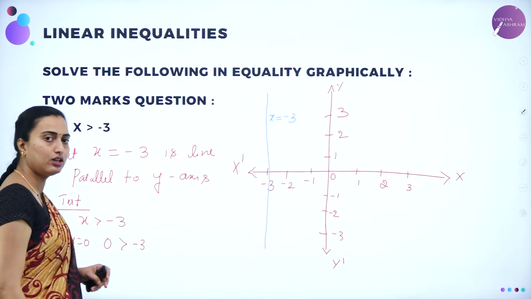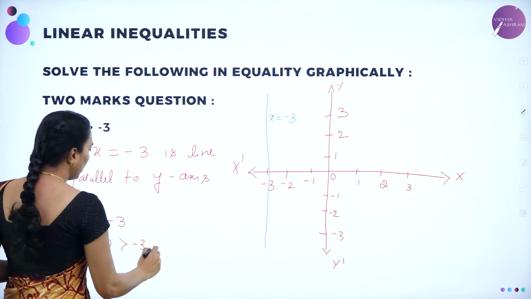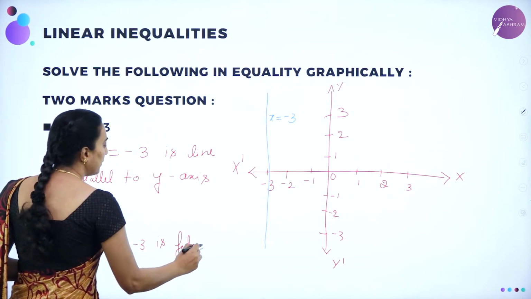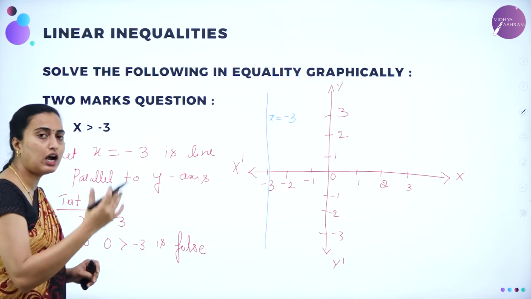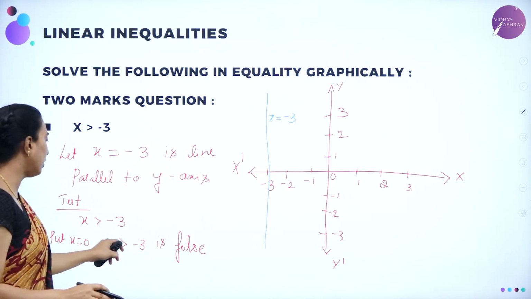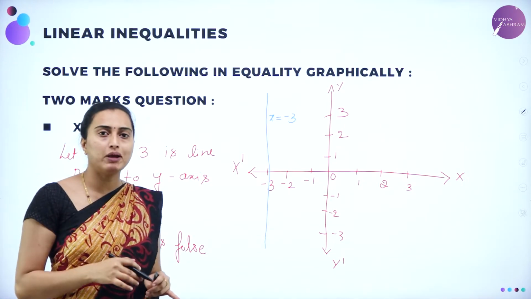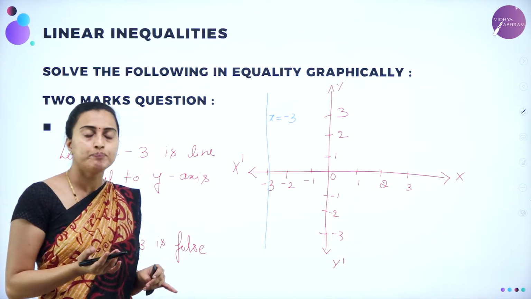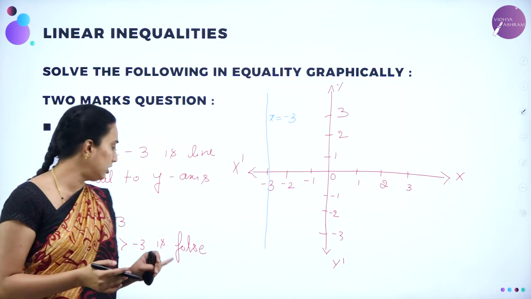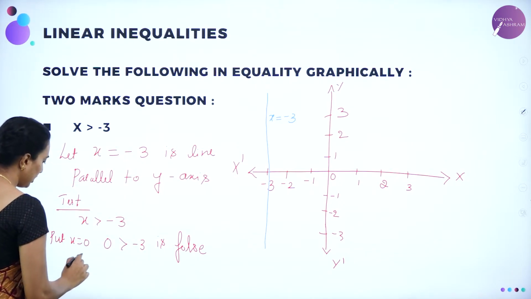Is that right? No, it is false. So when it is false, the feasible region will always be away from the origin. If it is true, that means if 0 is lesser than -3, if it is there in the inequality, then it is true, and the region will be towards the origin. Here, this is false, then the region